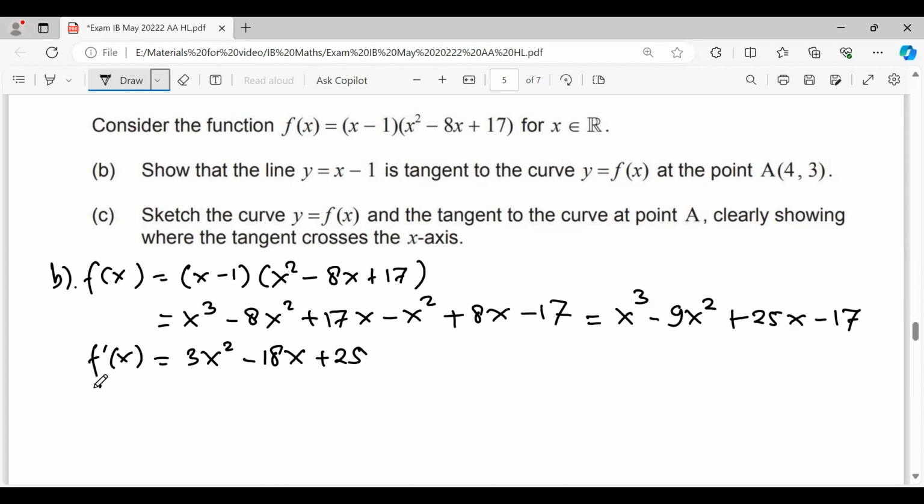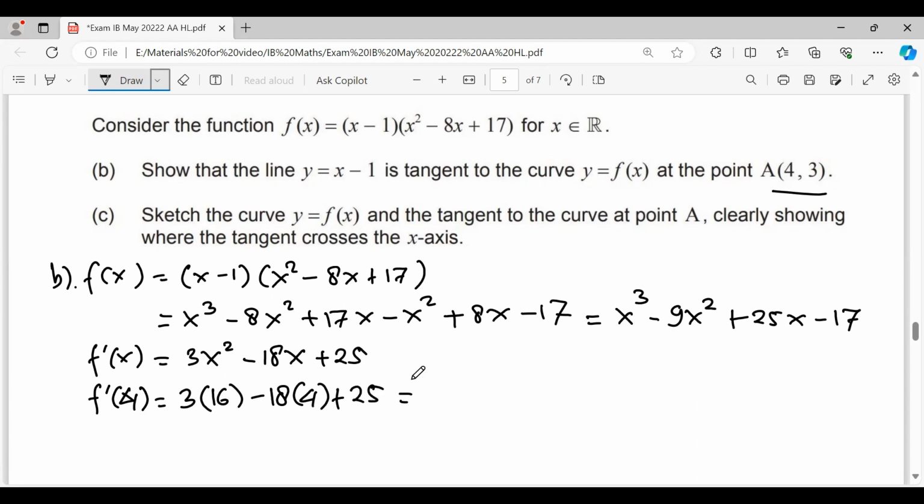So if x equals 4, because of this coordinate point, 5 plus 4, so we found this is 16, 18 times 4 plus 25